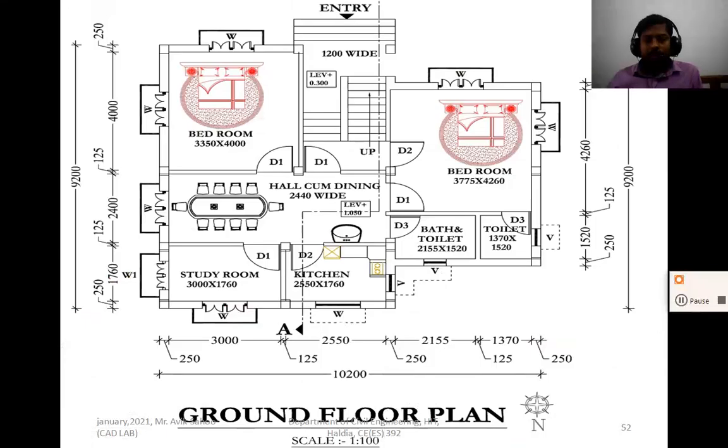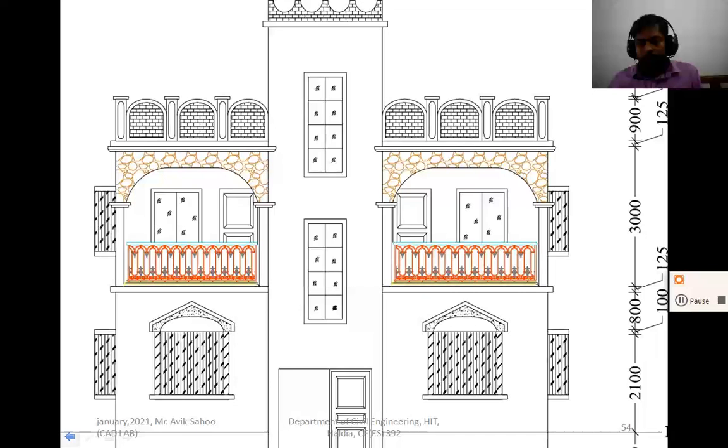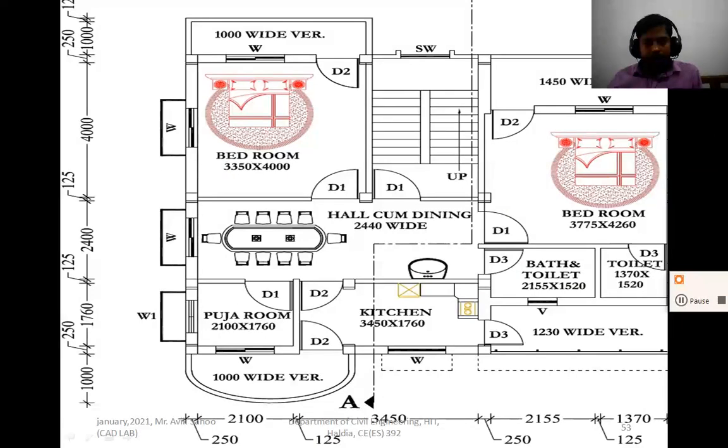Now you see the ground floor plan. Again this portion comes, so this is a dining table. You may draw, you may not draw, it is your choice, but the main plan you have to draw. All the dimensions are given, the window sizes are given, so if you are not able to understand, then you ask me. Or you may use suitable data. All things are given, so you just follow the drawings and develop in AutoCAD.